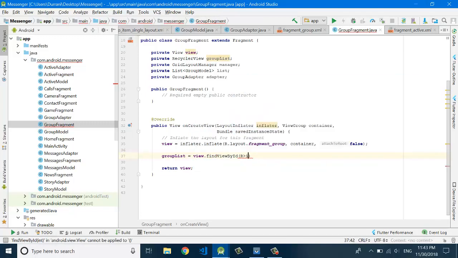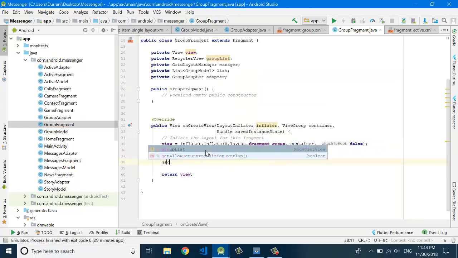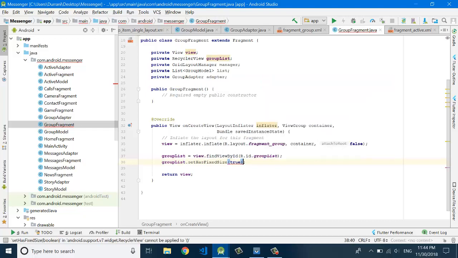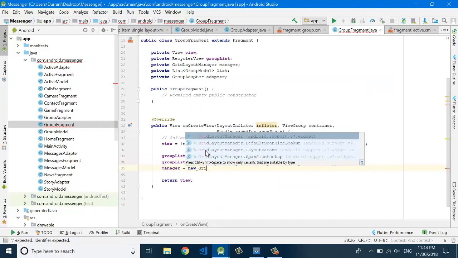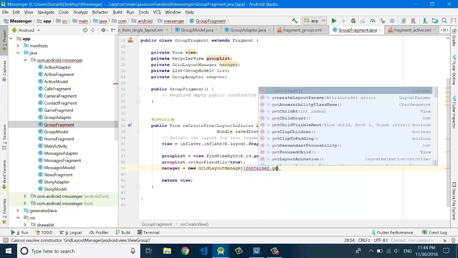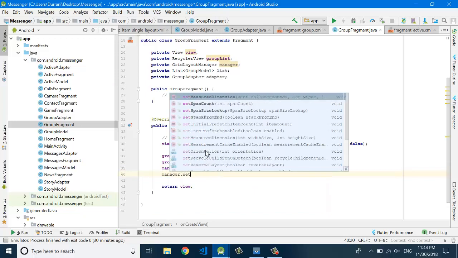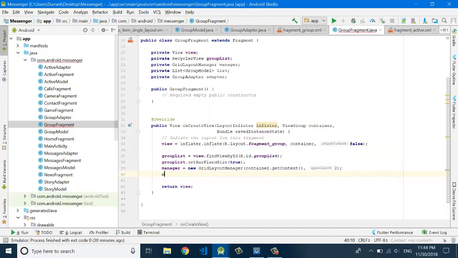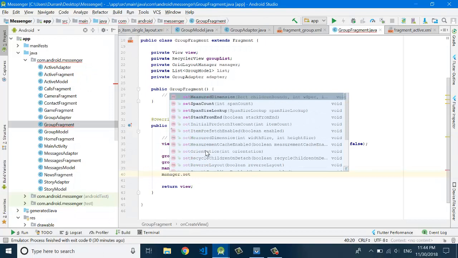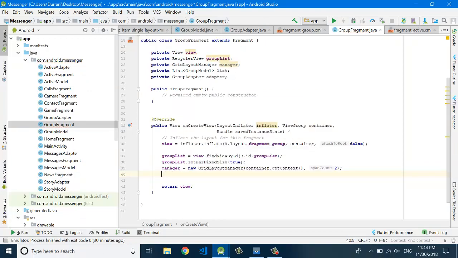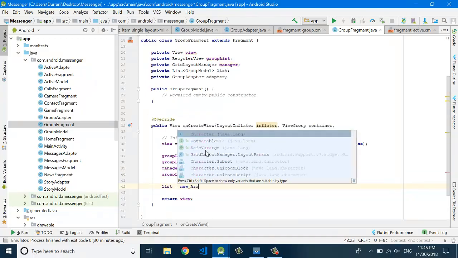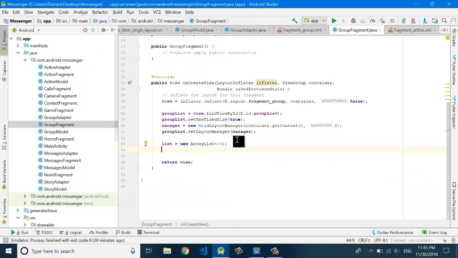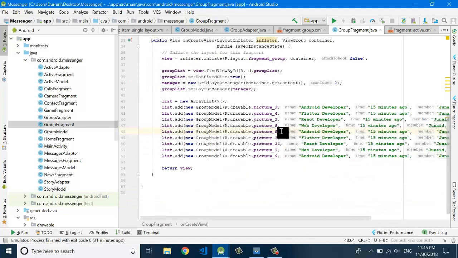Now connect this group list with the XML file and add some more attributes to this RecyclerView, which is setHasFixedSize, and again initialize the GridLayoutManager, and we have two items in the grid layout manager. Then groupList dot setLayoutManager, and the list, initialize this list with the new ArrayList, and you can see I have added some data in the list,